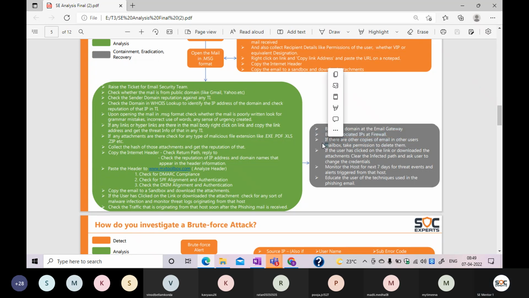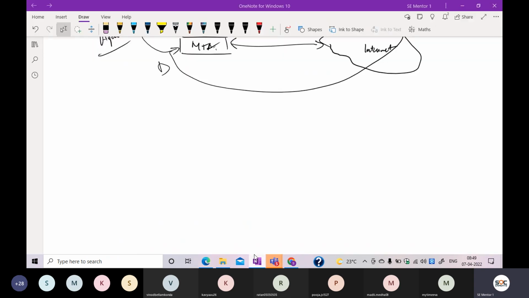Okay. If there are any other copies of the email in other users' mailboxes, take permission and delete them. When you are dealing with this process and checking in terms of analysis, in Proofpoint you can check on different scales. You can check on the sender, you can check on the process. Okay, one minute, I'll tell you. In Proofpoint,